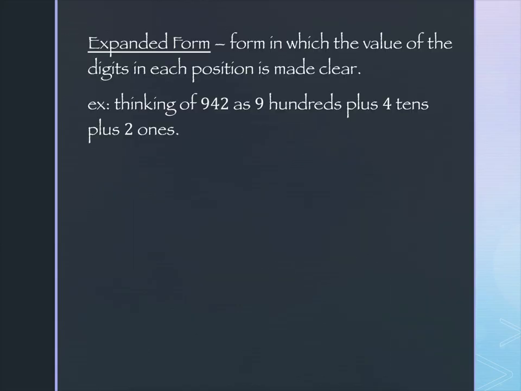There are several things that you know, but you probably haven't thought of in this way before. So for one, expanded form is the form in which the values of the digits in each position are made clear. For example, if we have the number 942, that's not how you normally say it, right? You say it with its place value attached. We say 942. It is understood to be 9 hundreds, not just 9, 4 tens, right, 40, and then 2